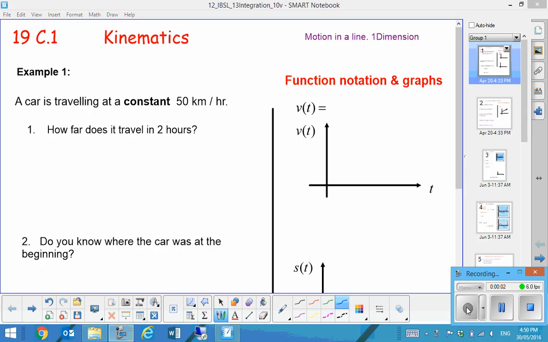Hi there, Year 12. I thought I might just run through this section on kinematics on video because I may not be here. I'm not sure where I'll be on Wednesday. Anyway, so in